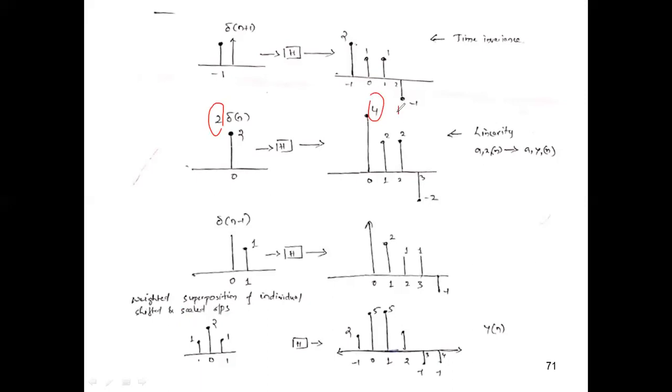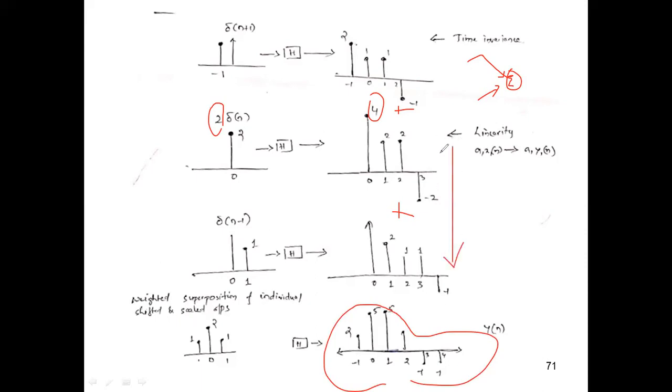So the weighted superposition, right? That particular linearity, the summation, where individual outputs get added up, was used here. And finally, we could get the output. So this entire process, whatever we have done now, is collectively called linear convolution. And it is simply represented as x of n convolved with h of n.